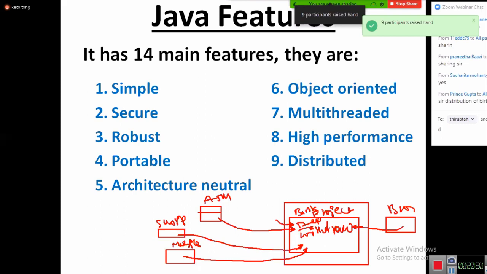The account contains an internal operation called withdraw, which is able to be accessed from different electronic devices and browsers. How is it possible? That is because of this feature, distributed. The functionality of the project is distributed to all the people to access. Are you catching my point? Sir, how is it possible? To support this distribution, we have a functionality called RMI, remote method invocation.